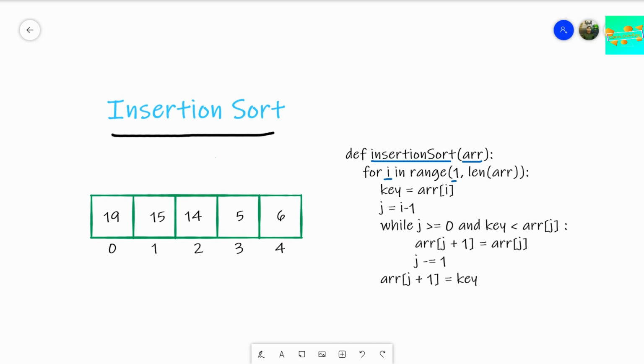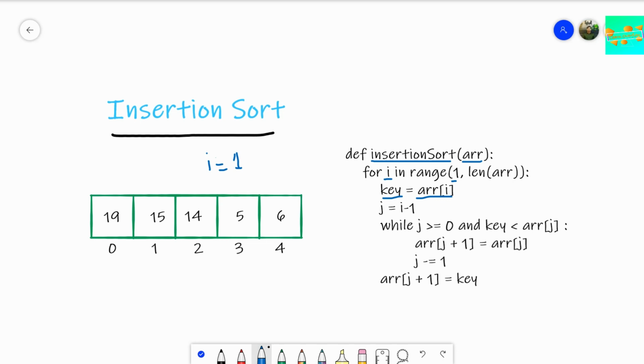Remember, these were the initial array elements given to us for sorting. Now let's understand how this Python implementation works on this. So in the first place, we take a variable called key and assign it the array element at position i. So initially, i is 1, right? i is 1.